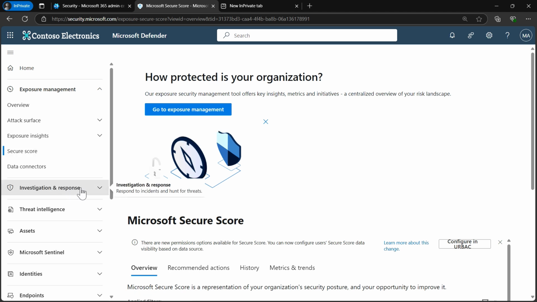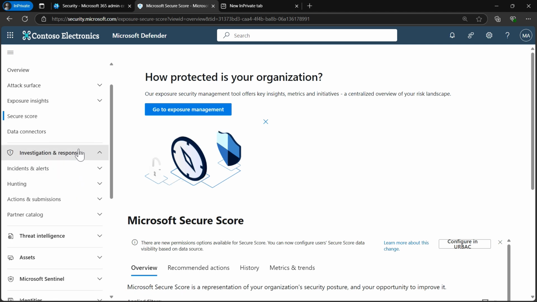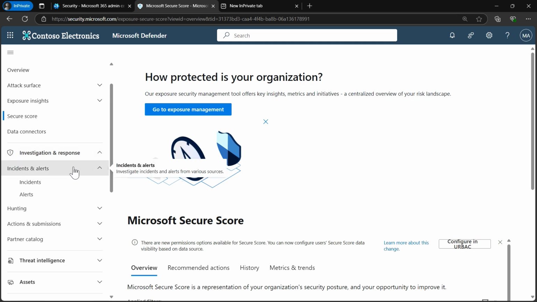I also have investigation and response in here, and here I have different menus. I have incidents and alerts, and from here we can view the incidents or individual alerts from different Microsoft Defender XDR solutions, from identity, cloud apps, Office 365, and other Microsoft solutions including Sentinel, Defender for Cloud, Entra, and Purview.